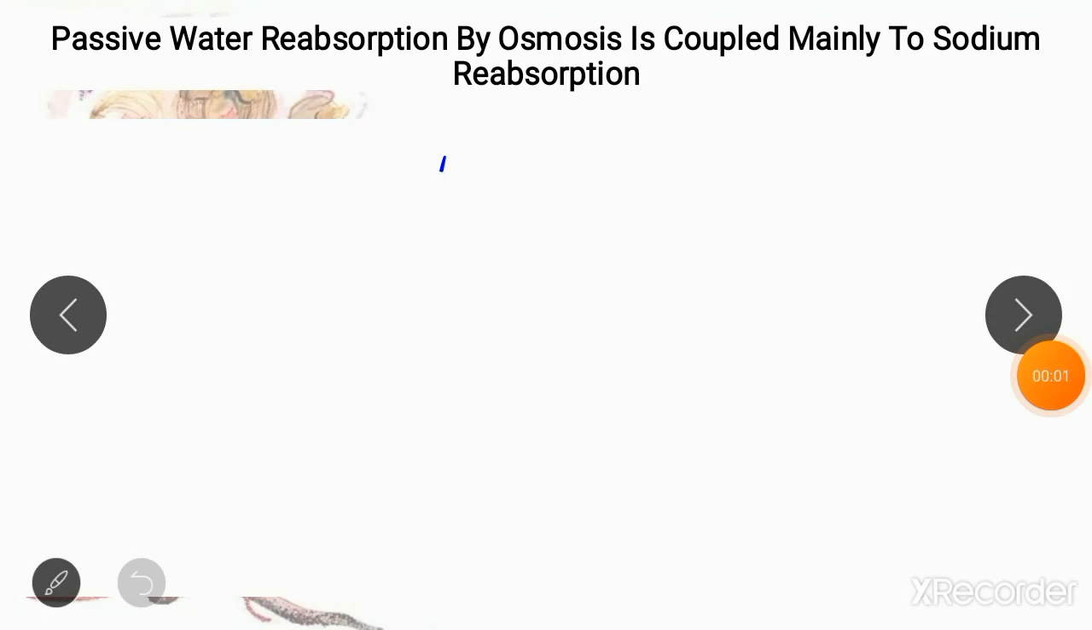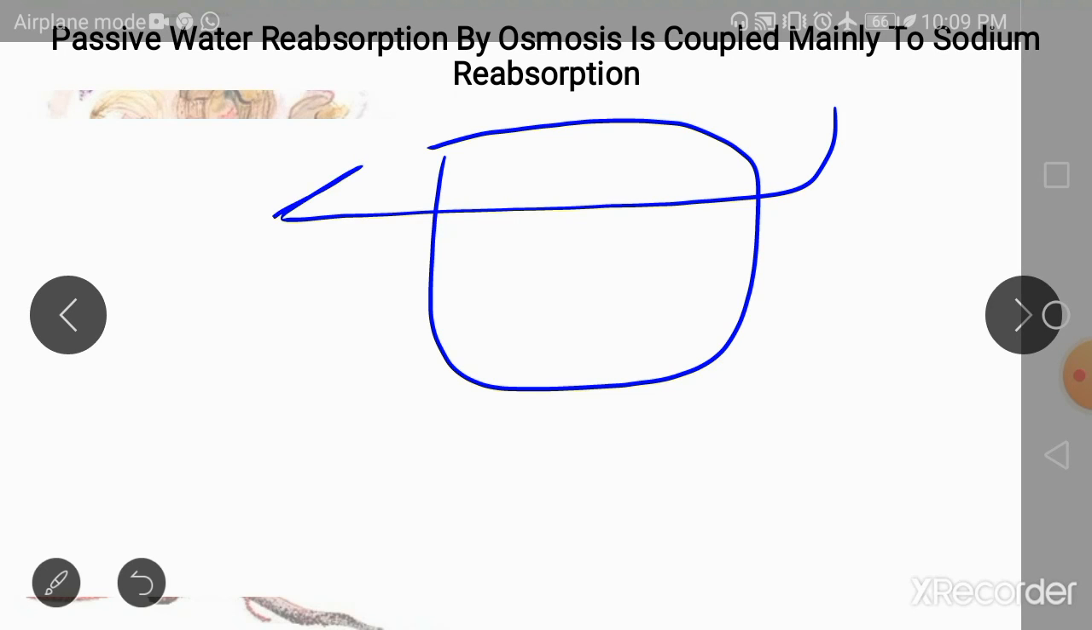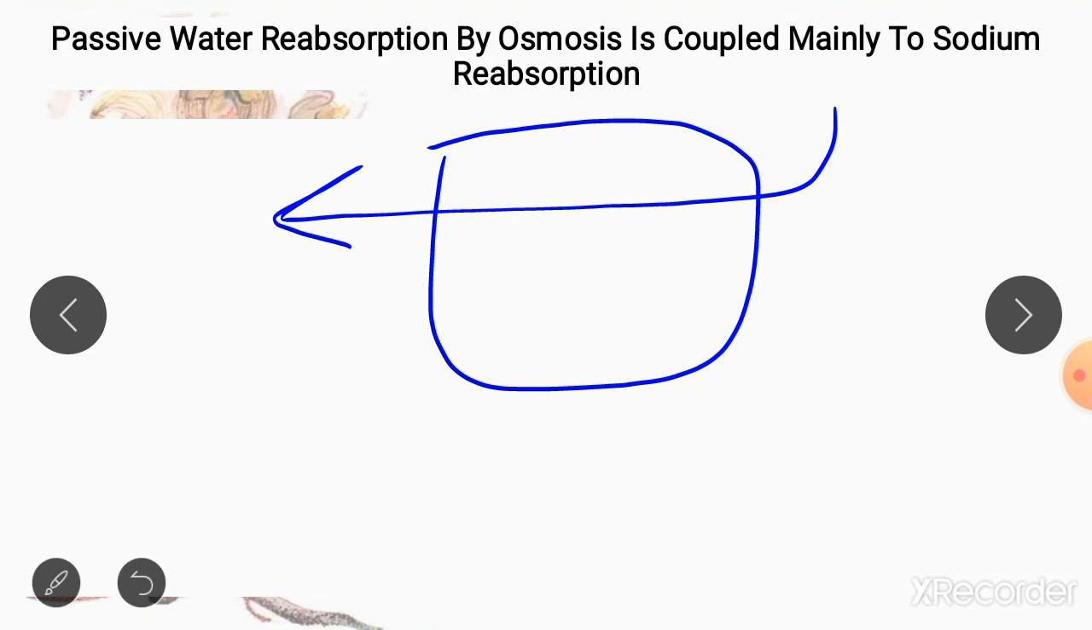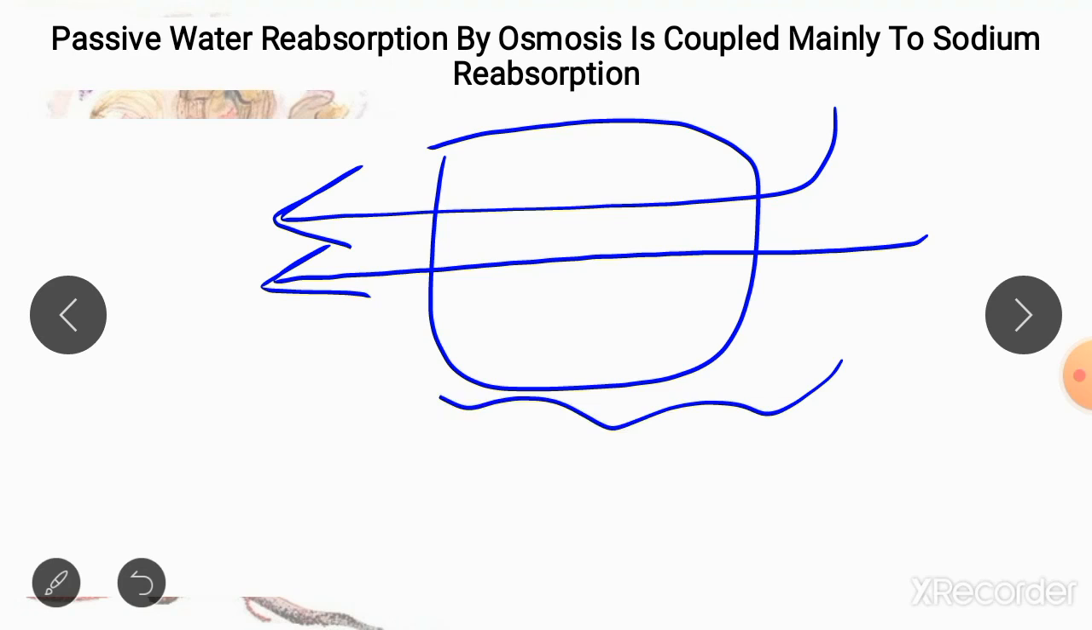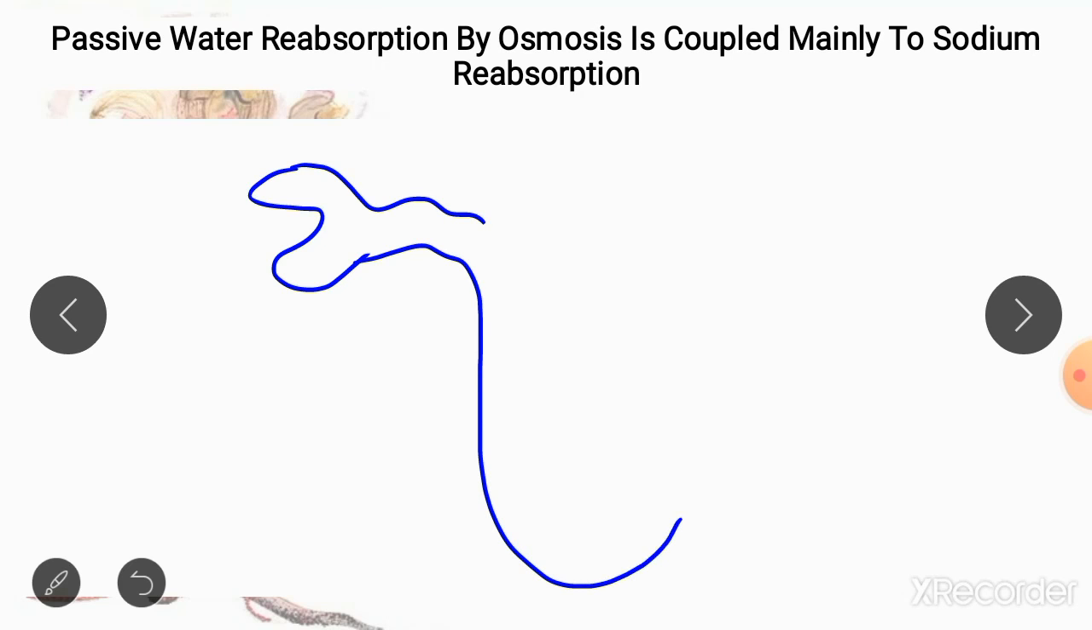Now coming to the reabsorption of water, please remember that reabsorption of water is coupled with the reabsorption of sodium. Greater the reabsorption of sodium, greater will be the reabsorption of water, because water is always going to follow sodium, either through the transcellular route or through the paracellular route. But remember that all parts of the nephron are not equally permeable to water. Some parts have greater permeability to water, while some are less permeable, and some of them are even impermeable